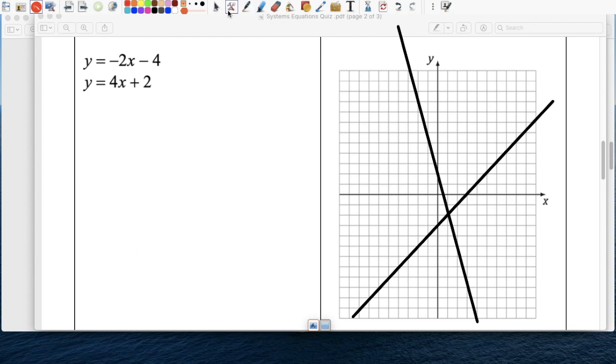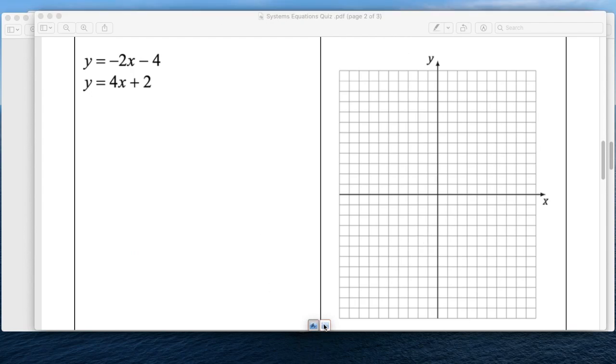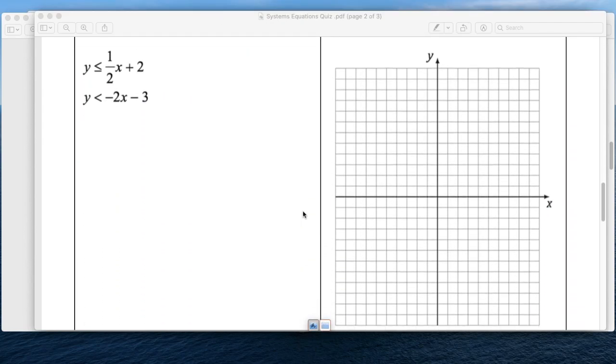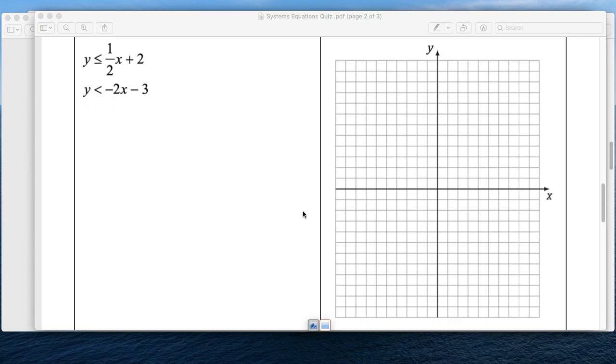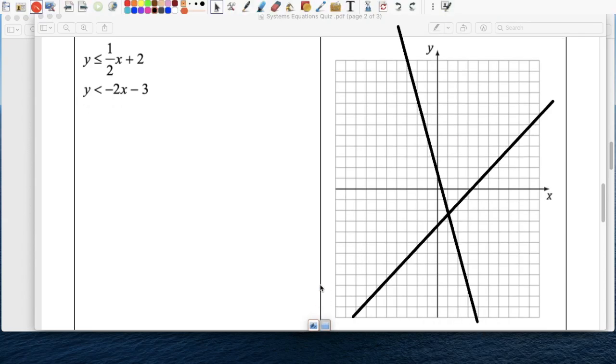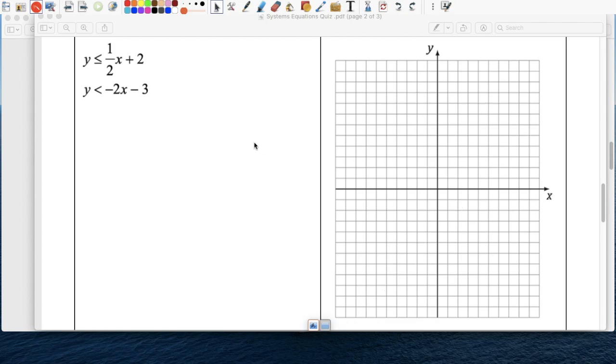All right, so we have one more. The inequalities. Okay, so I love inequalities. So fun to graph. We graph the same way, except that it's not a point that's going to be a solution, but rather a region, right? So let's take the first one. First one, we already know